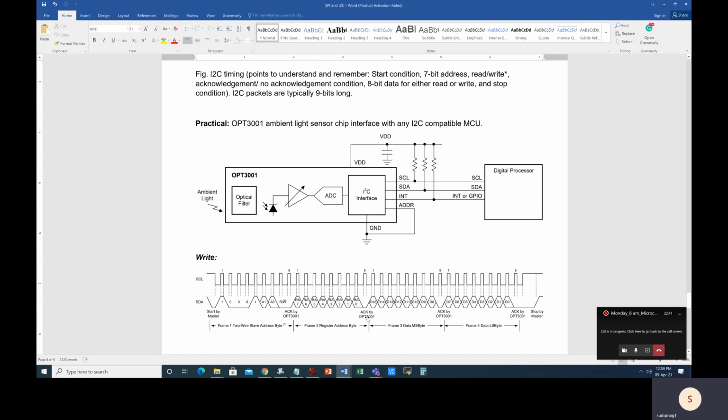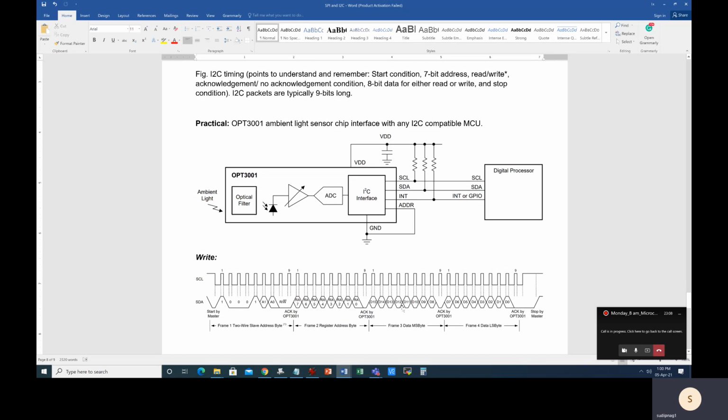Again, acknowledgement is sent by the OPT during the 9th bit. Again, another frame comes. Then there is a 16-bit data which is sent from the microcontroller to the register whose address was selected earlier. This is a 16-bit data, but it is framed into 8 bits and 8 bits separately. So the most significant byte, D15 to D8, has been sent, and then there is acknowledgement.